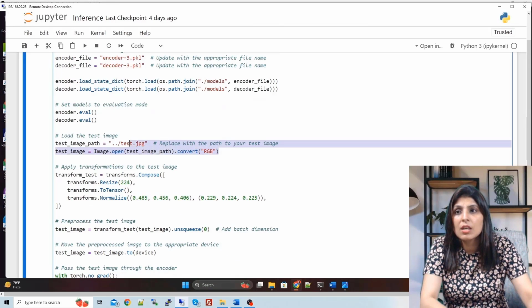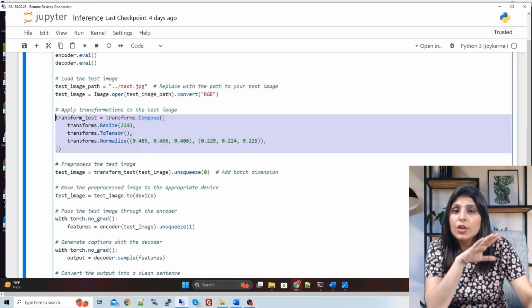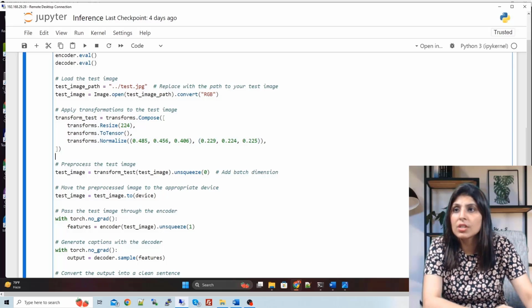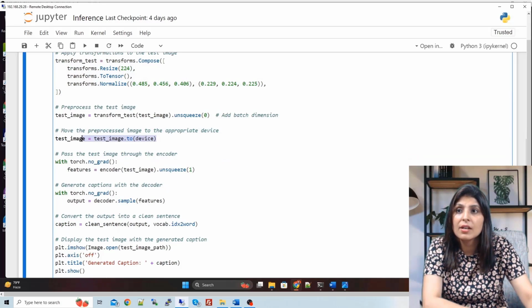Now guys, for the image on which you want to perform the testing, make sure to perform all the pre-processing steps on this image also. All the transformations which you have done for your training dataset, you need to do for your test dataset also. So this is what we are doing over here, and after that we are sending our image to the device also, and here we are using the encoder model to get the features, and the features are stored in this variable.